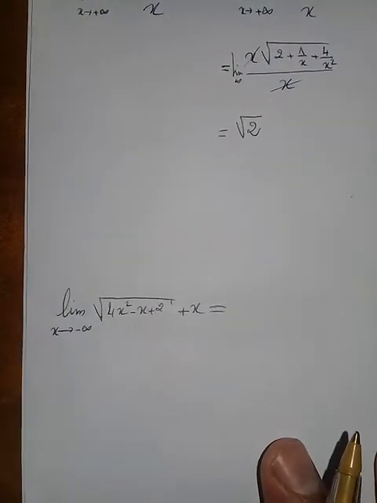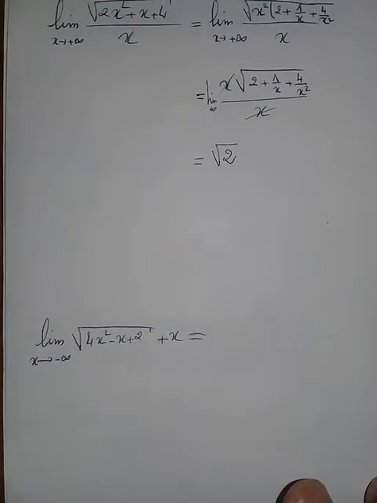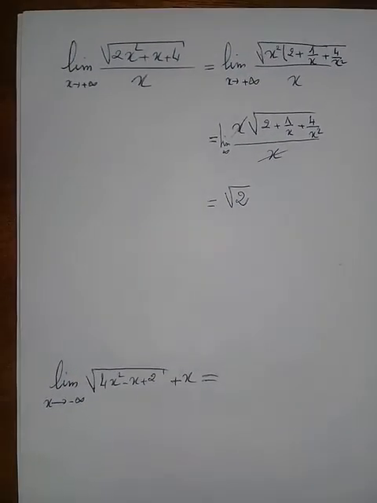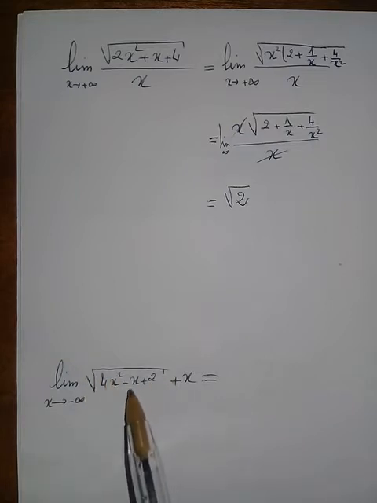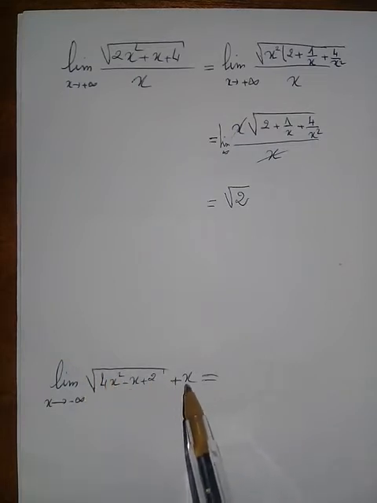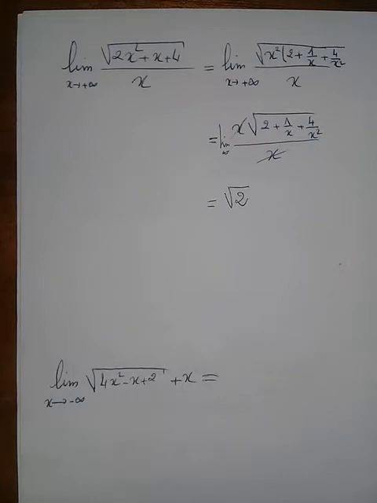In the second example, we have the limit at negative infinity. If we plug it in, we get positive infinity. The square root of positive infinity is positive infinity, plus negative infinity, which is also undefined. So we might think that we could use multiplying by the conjugate,